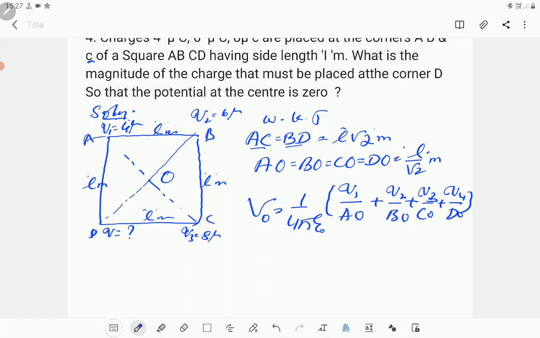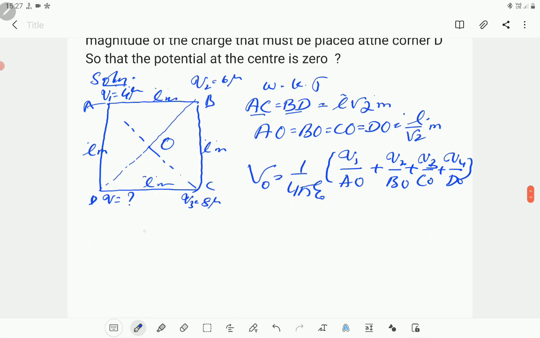We have solved numerical problems, potential, finding potential at O, potential at D, potential at C. To start with simple problems ನಾವು ರೆಗ್ಯುಲರ್ ಕ್ಲಾಸಸ್ ಸಾಲ್ವ್ ಮಾಡಿದ್ದೀವಿ. ಈಗ potential at O is given as 0, why 0? He says that. So 1 over 4 pi epsilon 0 charge Q1 plus Q2 plus Q3 plus Q4